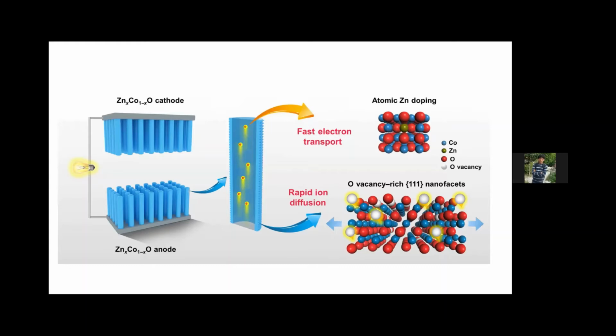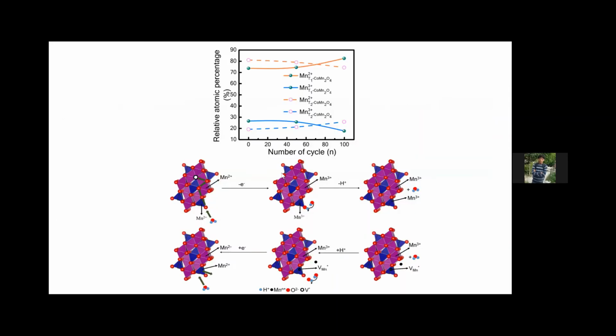Another thing I already told you is about single nanowires. In that case, if the single nanowire has a crystal formation with higher oxygen vacancies, how does it affect the supercapacitive performance, as we can see here. Suppose for the higher oxygen vacancy material, how electrons move. Suppose this is the cobalt manganese oxide, how it is transformed from Mn2+ to Mn3+ and vice versa.